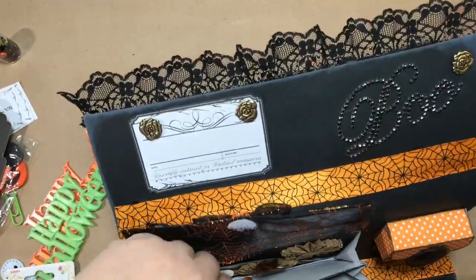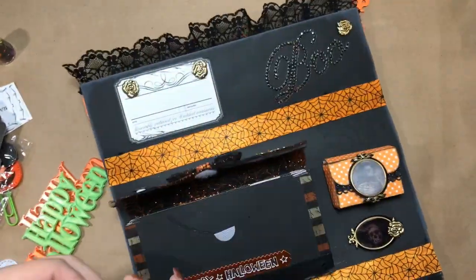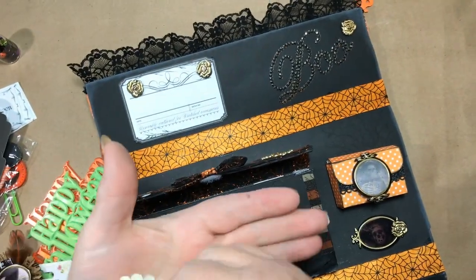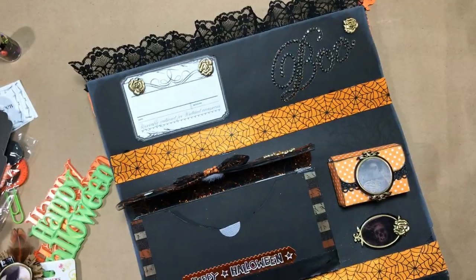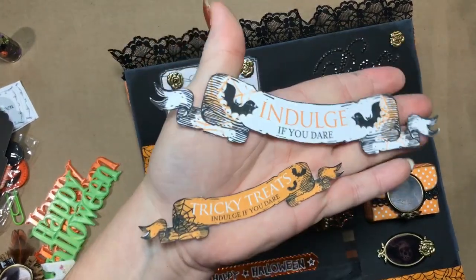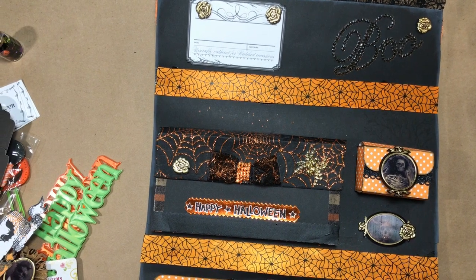And the next pocket back here has some rosettes that I made using a Tim Holtz die. This one I was just kind of messing around with. I put one of those scary holographic stickers on the front. And these 2 I just made to let them embellish the way they wanted to. And then there's a couple more cutouts in here that I printed online and fussy cut out. Indulge if you dare, tricky treats, indulge if you dare. And that's everything I have in here, but I actually was running out of stuff to stuff in there because